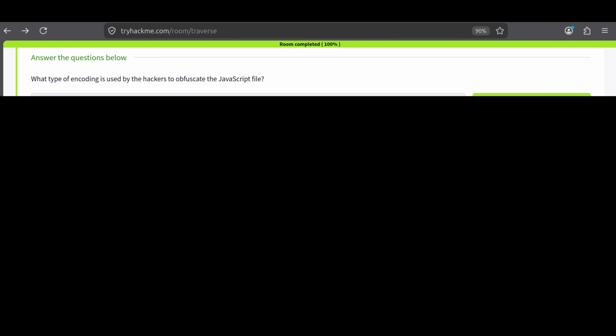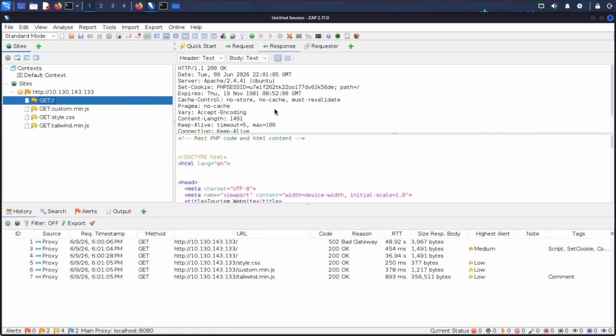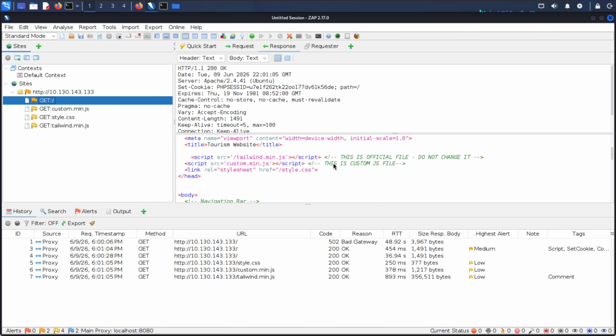Task 1. What type of encoding is used by the hackers to obfuscate the JavaScript file? So one of the first things I like to do is to view a web page's source code. ZAP will show it under the links response section on the left here. This script tag right here is commented as a custom JS file, and it's also a minified file. This is denoted by the .min.js extension, and this also happens to line up with what the hacker's hint was,